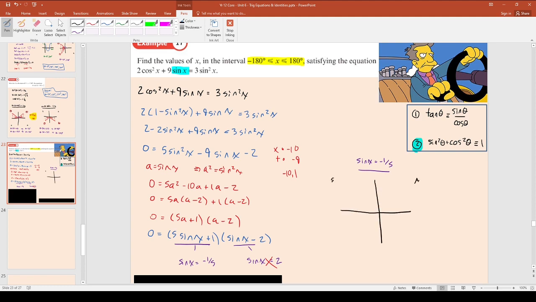Sine is positive in the top two quadrants, so negative in the bottom two. Pop your sticks into each one, dash, dash, dash, dash, dash. Pop your stick into here, dash, dash, dash, dash, dash, dash, dash. And what I'll put in my calculator is sine minus 1 of positive 1/5,